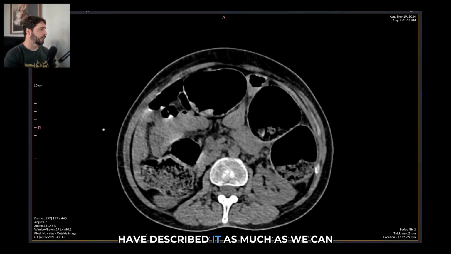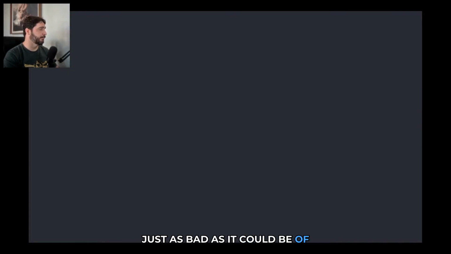We have described it as much as we can. The case of cancer. This is cancer. It's just as bad as it could be. Of course, why not? So let's grab another CT scan of the abdomen. Hope it's not cancer, because it's just